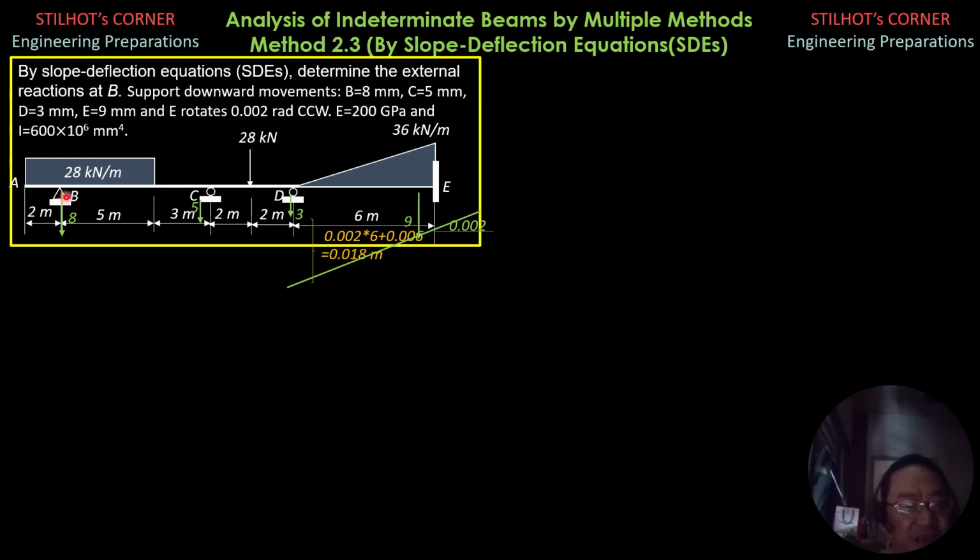We then set up the slope deflection equation for MBC. It is an interior span, so therefore 2EI over L, quantity 2 theta near, which is theta B, plus theta far, theta C, minus 3 times the relative deflection between B and C, clockwise positive, counterclockwise rotation negative, over L, plus the fixed moment at the near end B, which by integration due to the load is negative. The moment in BC is negative 28 times 2 times 1, so negative 56.